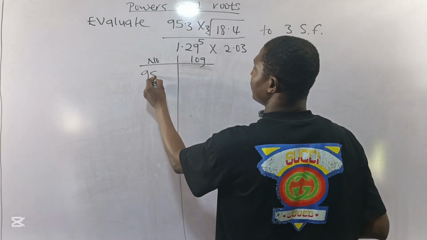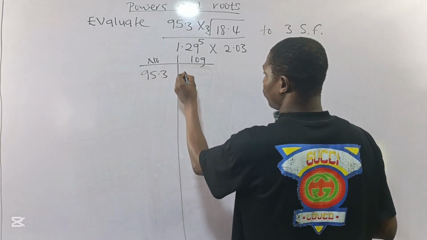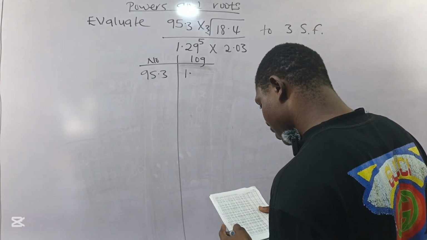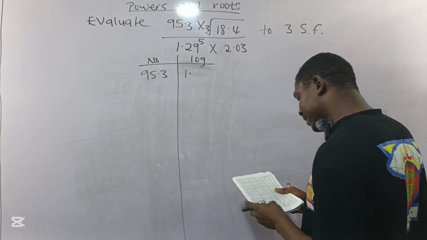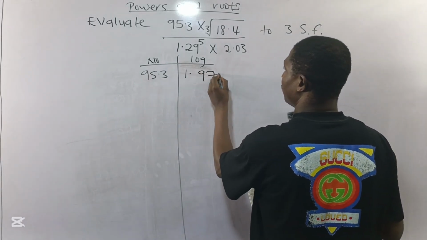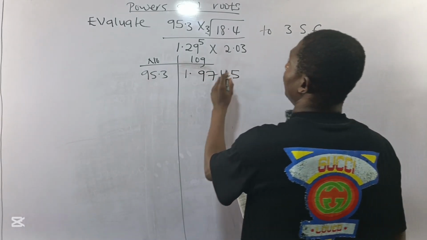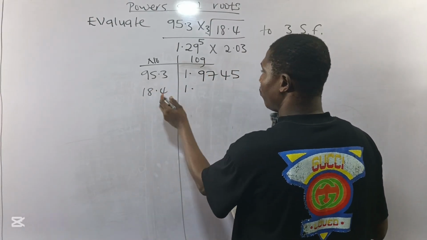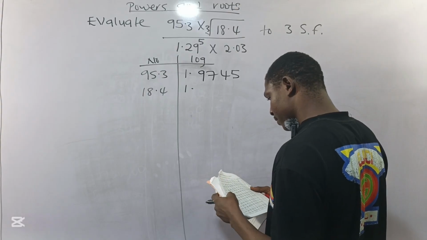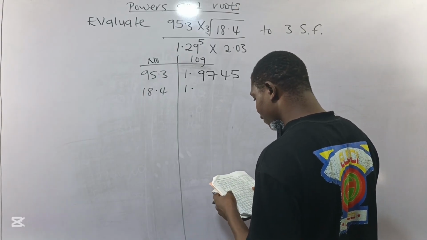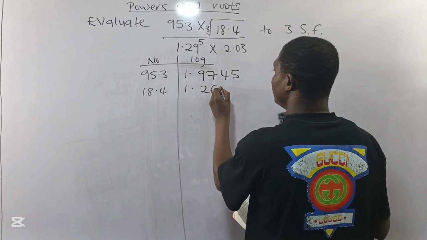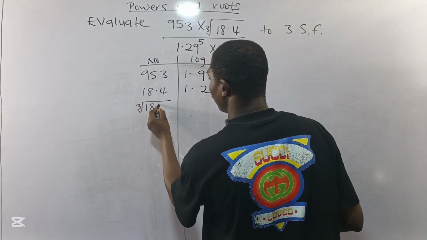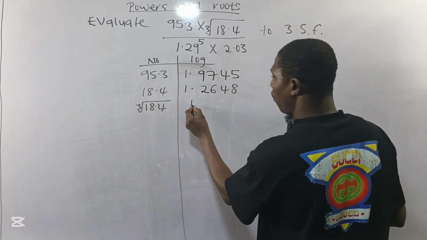Now we have 95.3. Our characteristic here is what? 1. You should know that by now. And we have 95 under 3. 95 under 3 is 9745. And we have 18.4. Characteristic here will be 1. 18 under 4 is 2648. And the cube root of 18.4 gives you